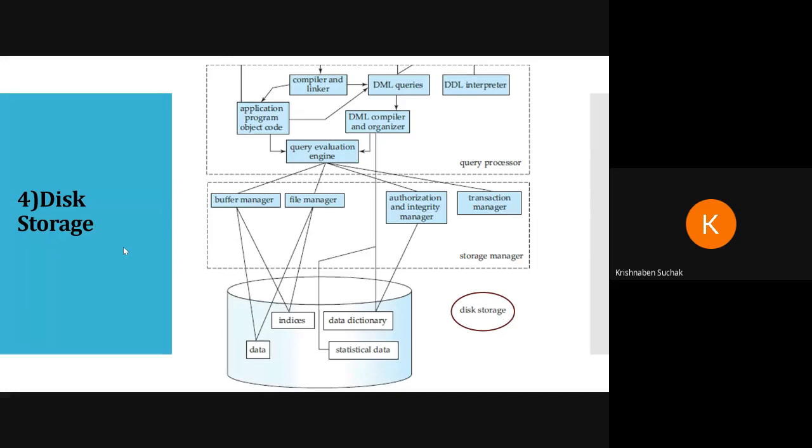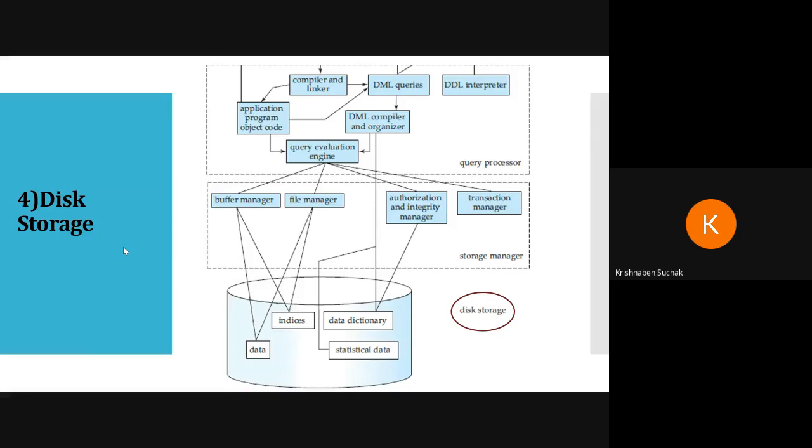Okay, so next is the data dictionary. It will store metadata. We saw that metadata is data about data. It will describe the structure of the database and the relationships between the elements, how different kinds of data are related to each other. That will be shown here in the data dictionary. It can be used for access control and manipulation of data. When I say manipulation of data, please understand all DML queries, that is insert, update, modify. That is manipulation of data. It can change the data.